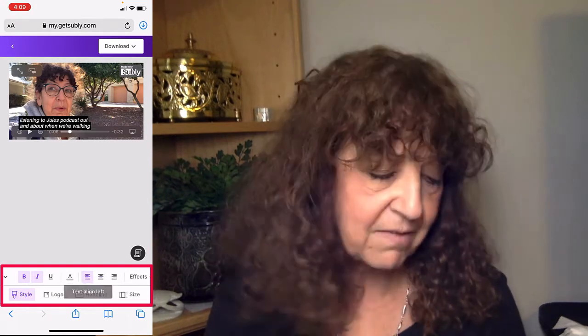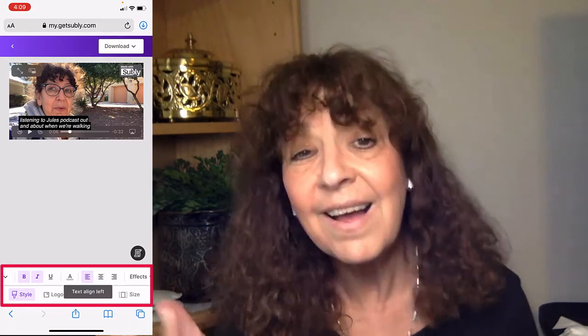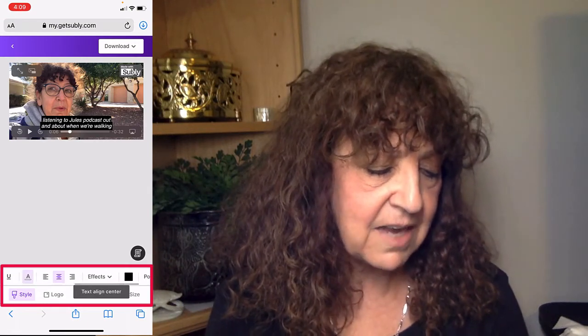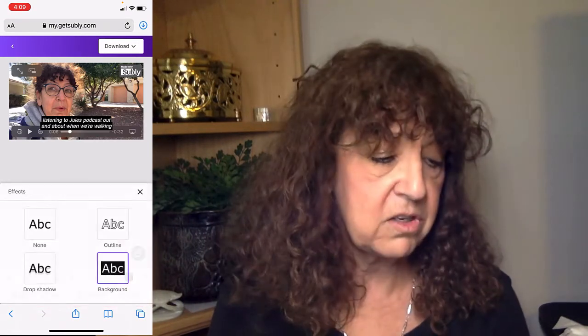So I can have it to the left, to the right, in the center. I like my stuff in the center, so I'll leave it there. And then the effects is how I can change. Do I want it to be just the plain text by itself? Do I want it to have an outline to it? Do I want to have a drop shadow? So we can see that you can do different things. So I'll just leave it with the background color because I want to show you how to change the color